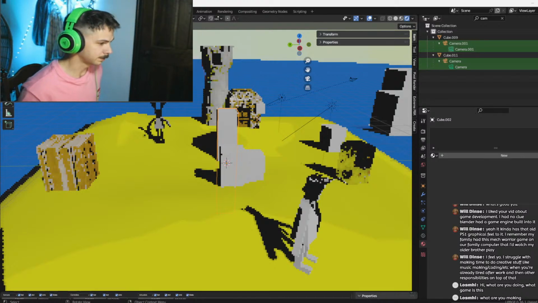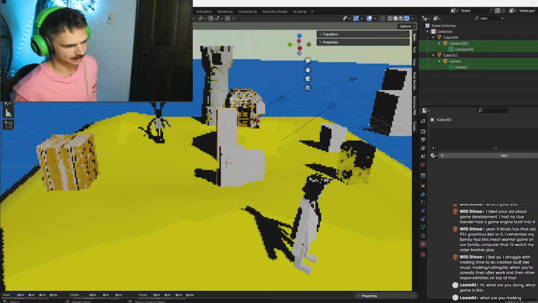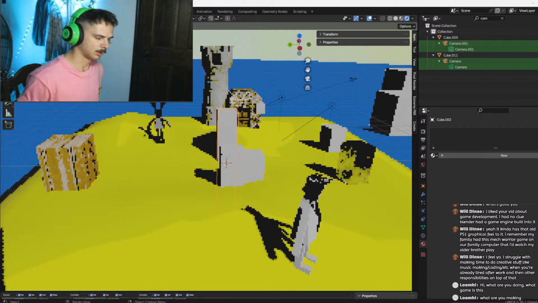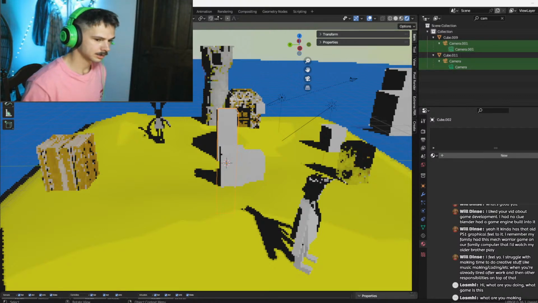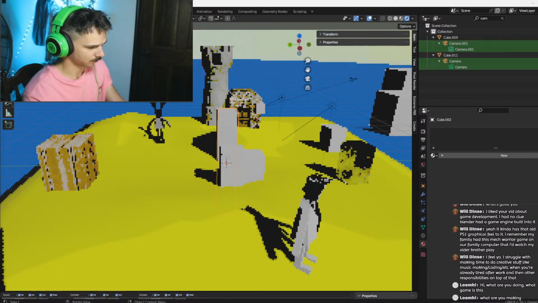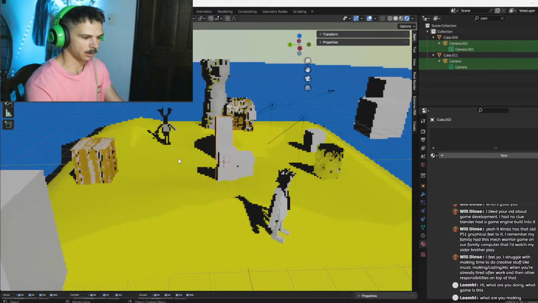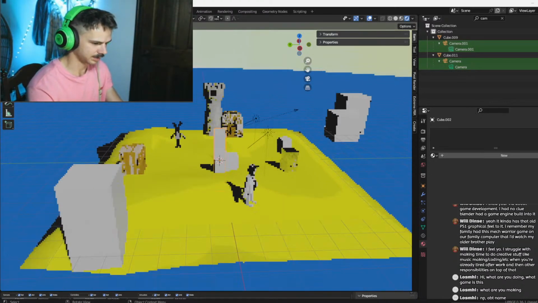What am I doing? What game is this? I wouldn't call this a game yet. It's more of some foundations, and we're working on some ideas for a game. What I intended on showing today is